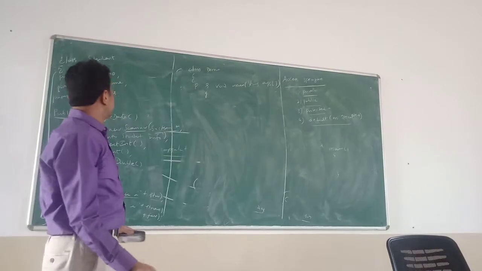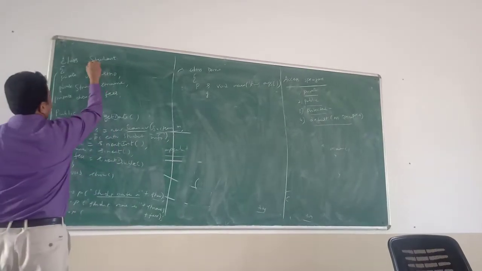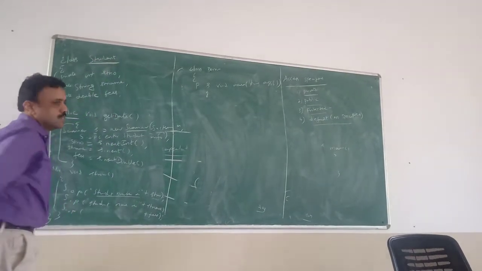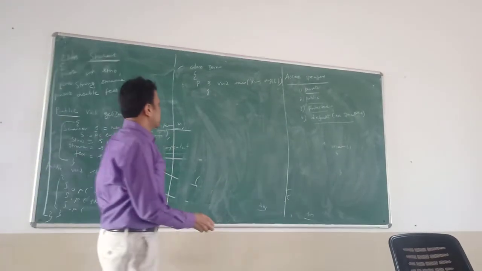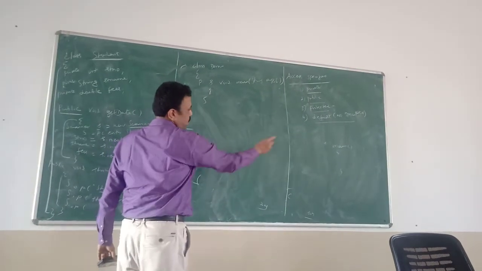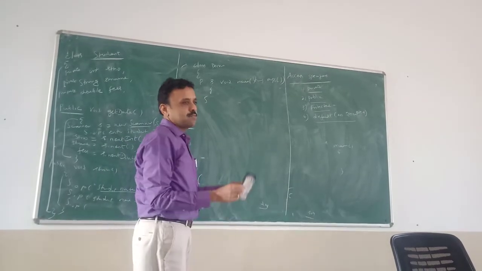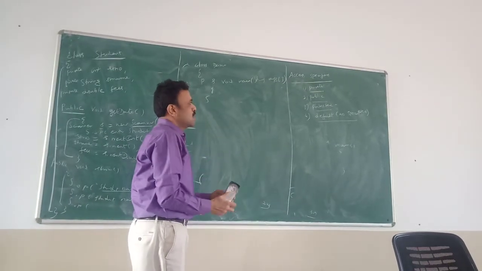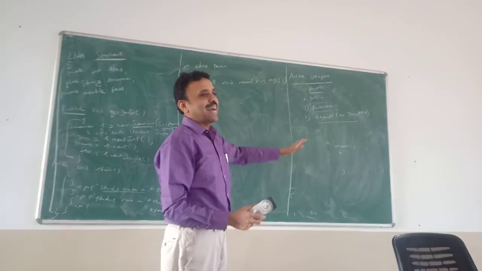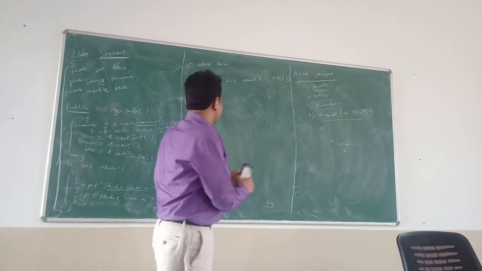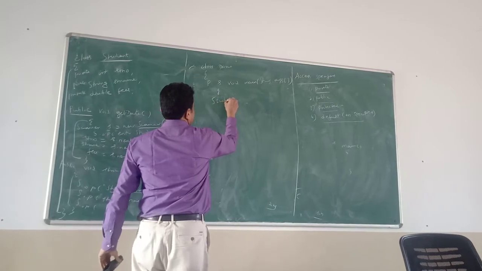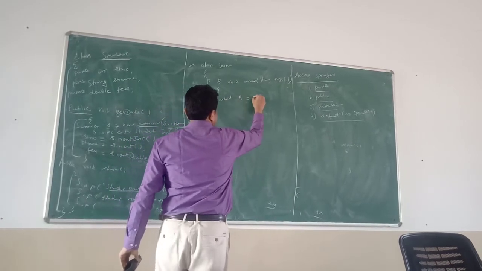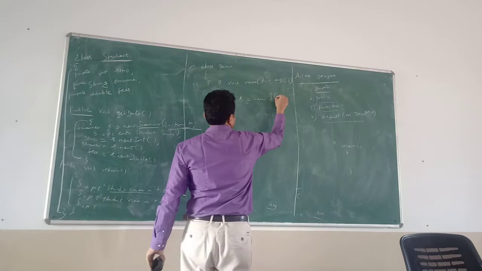Now what we need to do? We need to create an object for the Student class. I already told you what an object is, which exists physically. Always remember, an object is a variable, and a class is a data type. So now we are going to create an object. How do we create an object? We say Student s = new Student.